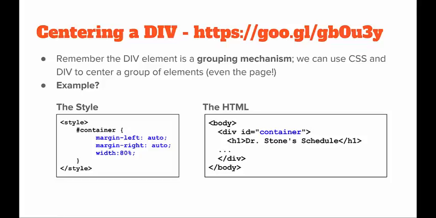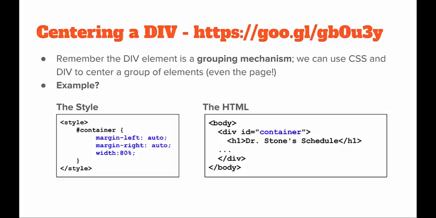Another thing we often want to do with CSS is we want to center a div. Now recall we mentioned a div element is really just a grouping mechanism. It's a way to take a bunch of HTML elements and treat them as a block. Now we can use CSS to center a group of elements, which is often necessary or even desired depending on our page design. There's an example of doing this at the URL at the top of the page, but here,